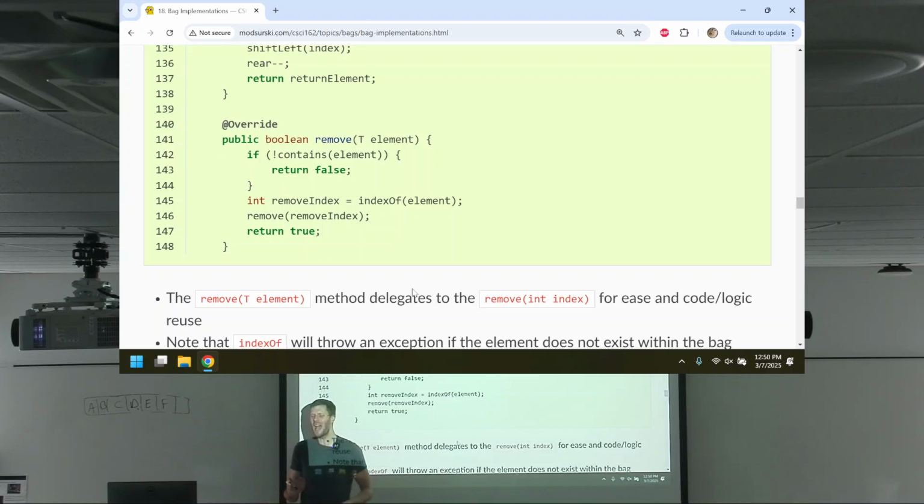Exactly, well, now we're coming into a design decision. To conform to the collections, you add something, you try to remove something that's not there. This is a little different than popping from an empty collection. I'm saying remove a specific element. Well, I can't, that element's not there. It's not like I'm removing from an empty thing. It's a little different.